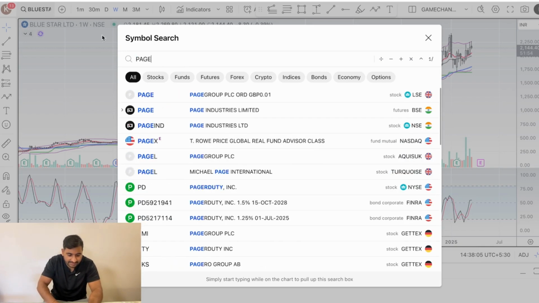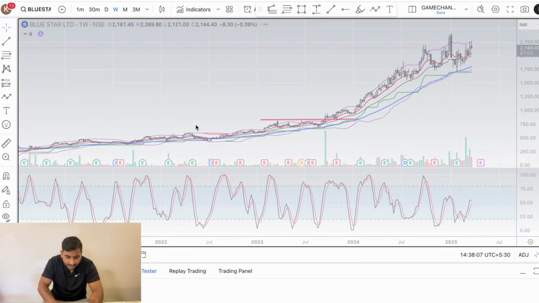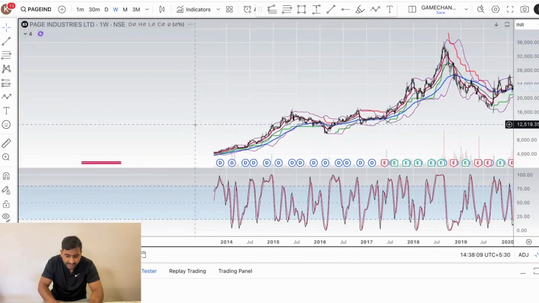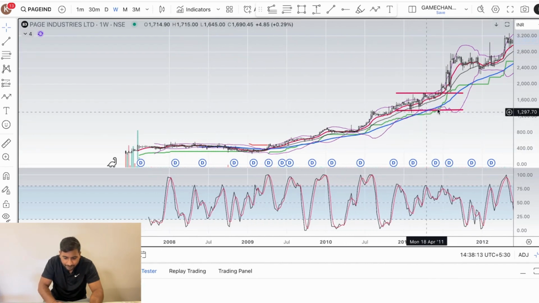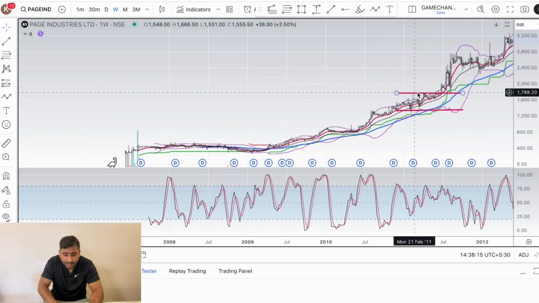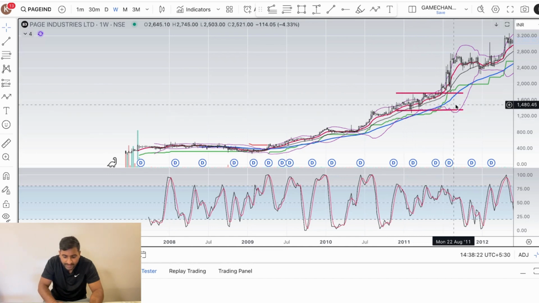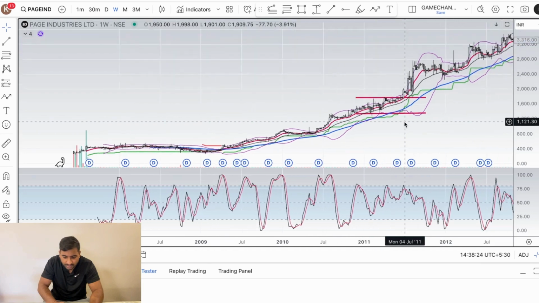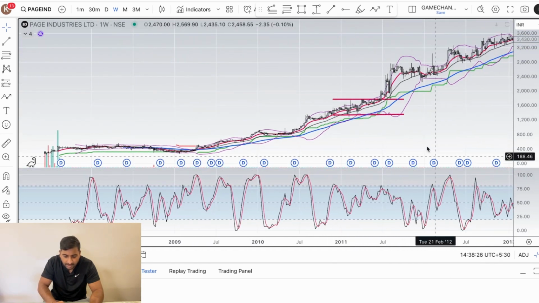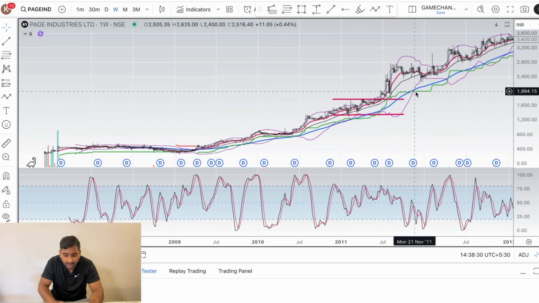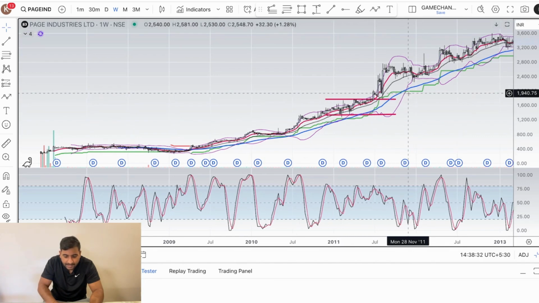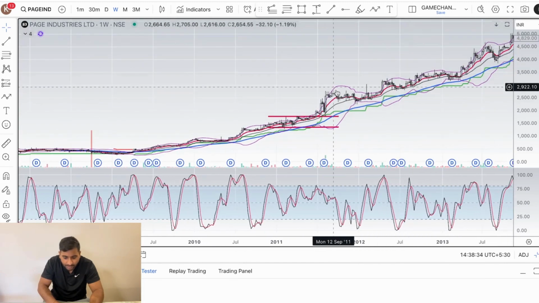I'm going to take an example of Page Industries. This is a very old example because this was the time that it made an all-time high before the market did. If you remember, in 2011 and 2012, these 2 years, the market was actually down while this company was making all-time highs. After that, if one had bought the dips here